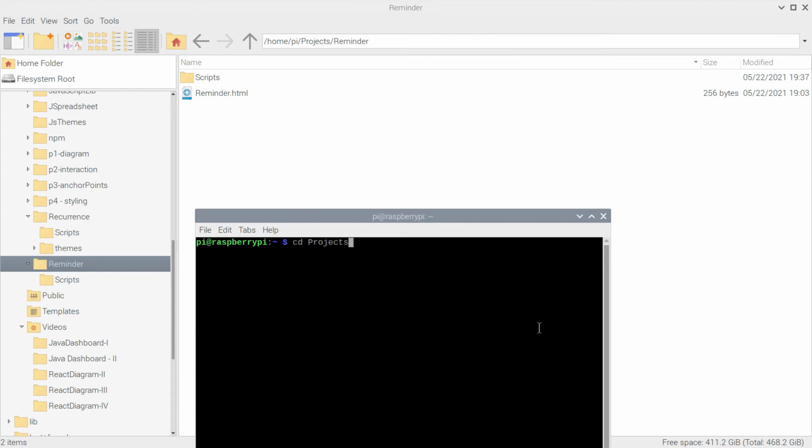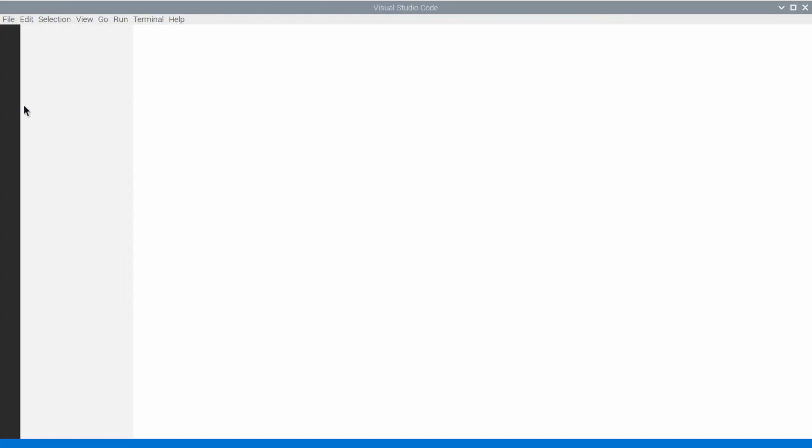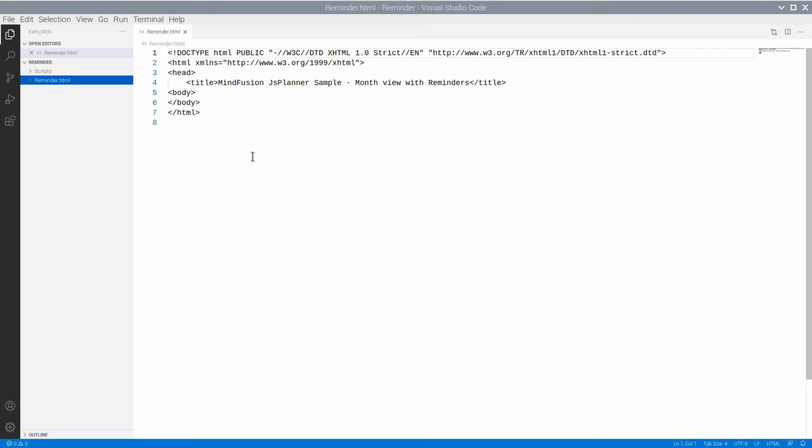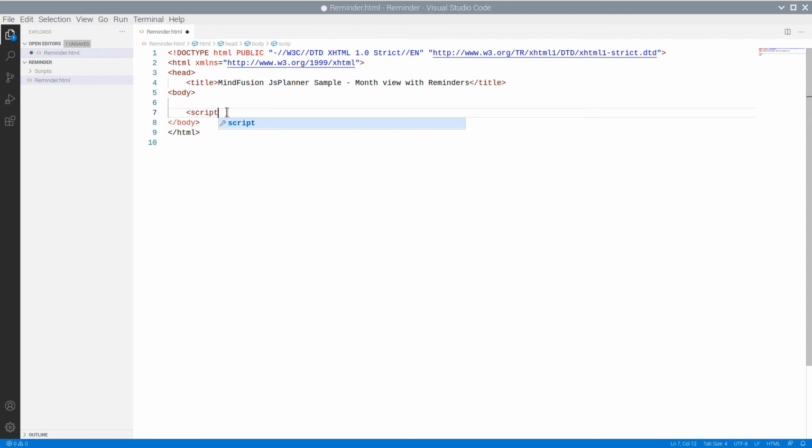Let's open the project folder with VS Code. Here is our empty web page. Let's add references to the script files we just copied in the scripts folder. First, we add a reference to MindFusion Common, which contains all API members, which are common for all MindFusion libraries.